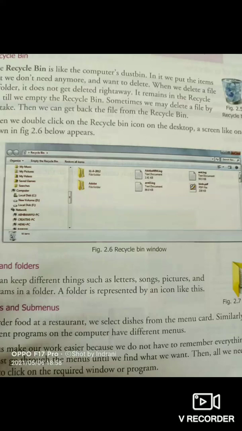So when we delete a file or folder, it does not get deleted right away. It remains in the recycle bin till we empty it. Sometimes we may delete a file by mistake. Then we can get the file back from the recycle bin if we want, right? So the recycle bin is one more icon appearing on the desktop.